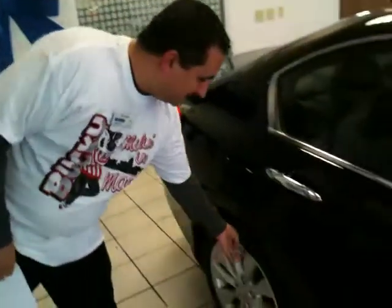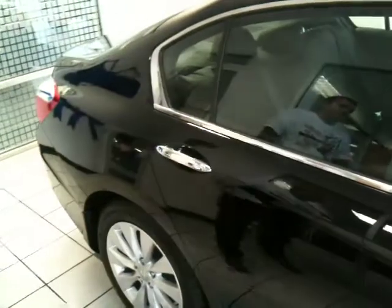One other thing I'll point out is aluminum alloys and chrome door handles are standard on every trim level of the Accord. The LX Accord is by far the best equipped base model of any car that we've had to this point. Coming with things like Bluetooth hands-free link, obviously a USB port, dual automatic climate control, econ mode to save even more gas. Just fantastic for a base vehicle that you can get into for about the low